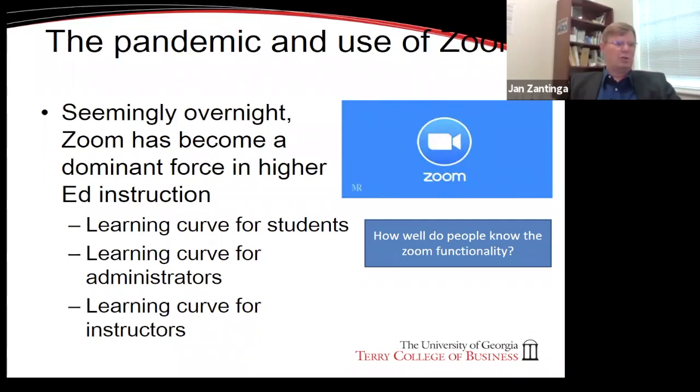And then finally, it's a learning curve for us as instructors to say, how can I actually use the functionality that I have of this new software that we almost have to use because we don't really have a choice, because of the pandemic? How can I best use this software to still make a successful course, have a successful lesson plan, successfully give instructions of a particular set of content to my students? So these are all kinds of questions that we have to think of.